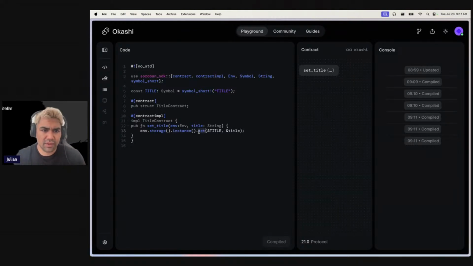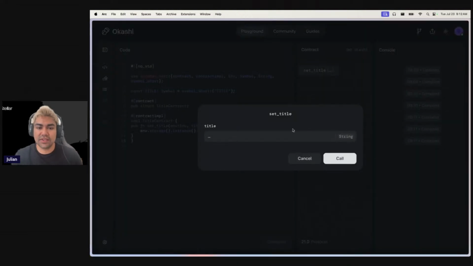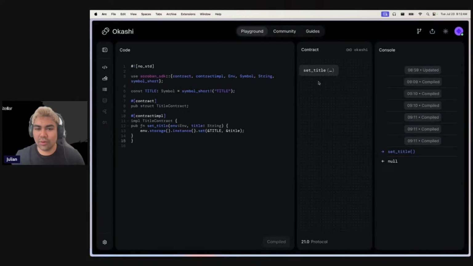We have the set method here, where we are setting a value to the key title, and the value will be the title argument that we're passing in. So let's go ahead and set a title. We'll say Soroban rocks. Cool. It looks like our function call went through, and we didn't get any return data. However, to access the data that we just set to the contract storage, we need to